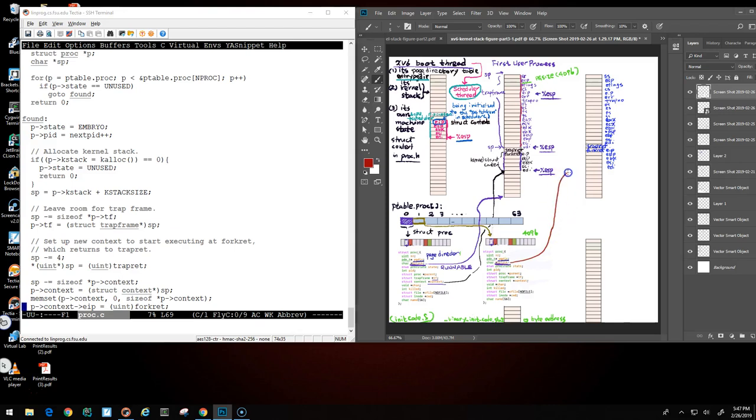This is a kernel context, right? Yeah. This is the area in the kernel stack to hold kernel execution state for this particular user process, right? Yeah. What about the